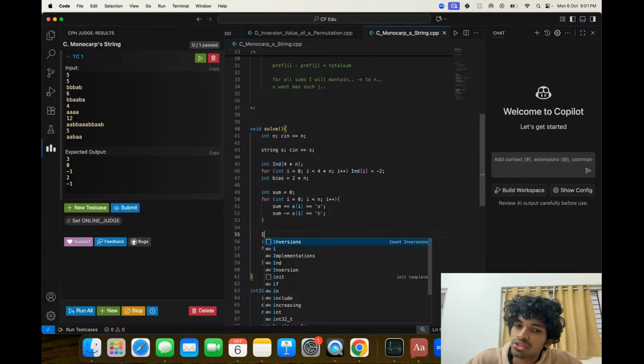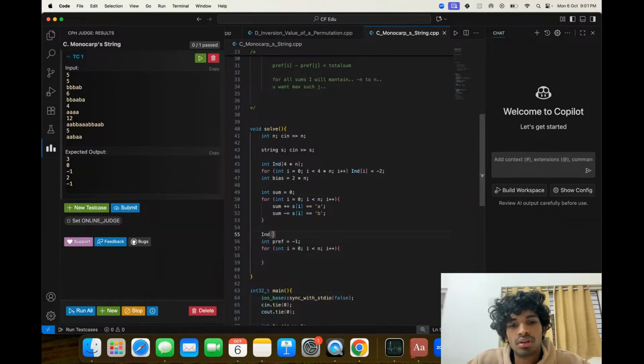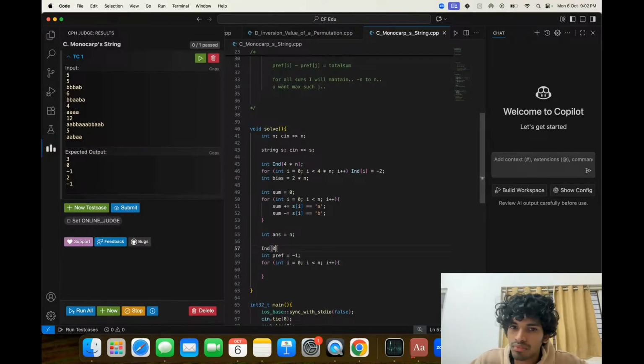So initially you have zero sum. Okay, initially you have zero. Assumption is zero is at minus 1. Okay, we want latest j such that pref of I minus pref of j equals total sum, which means,